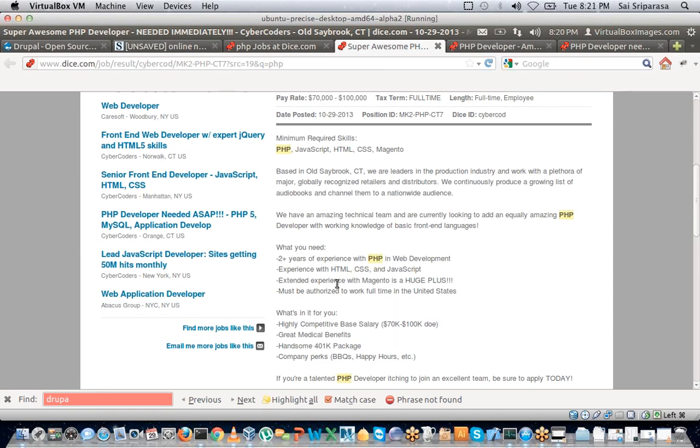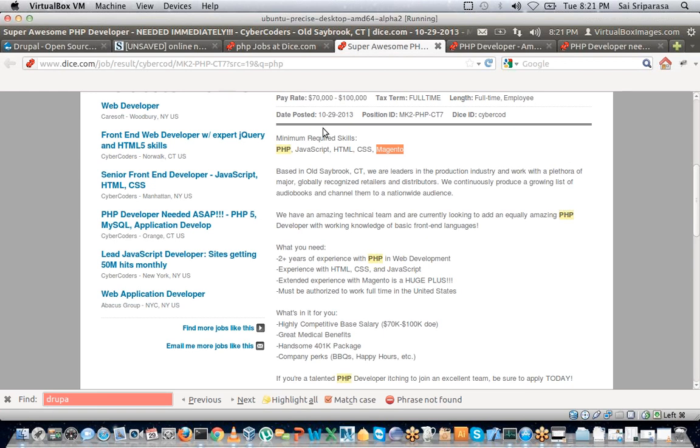Okay, so here they are asking for something called Magento. Magento is another content management system, but it's a very tough one. The learning curve is very steep.